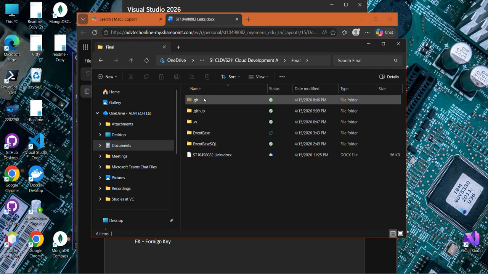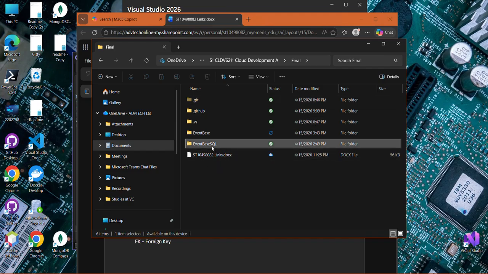It has been uploaded to GitHub, and the SQL code